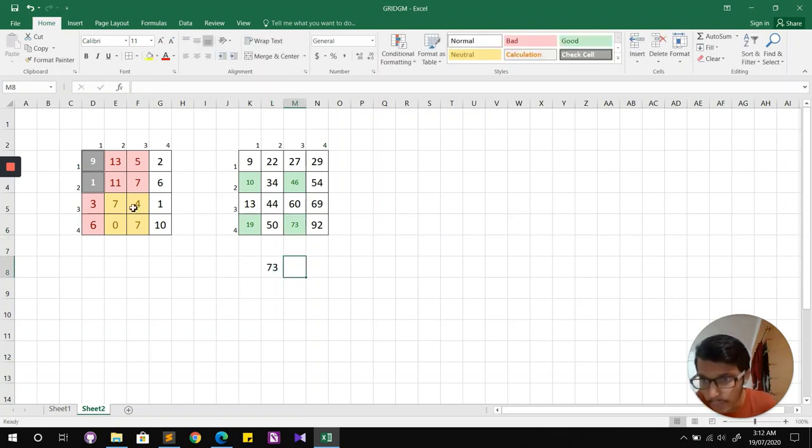Here I'll write, I have to subtract this submatrix. Then this submatrix sum is magically stored in this cell, which is nothing but 46. So I have to subtract 46. Again I have to subtract this submatrix, which is nothing but 19, right? You can add it up to check. 9 plus 6 15, 15 plus 4 19, 19.